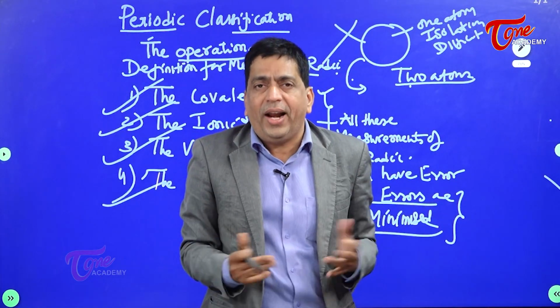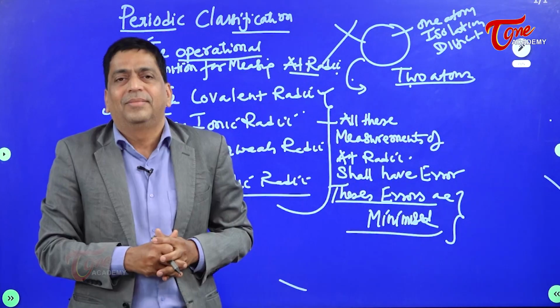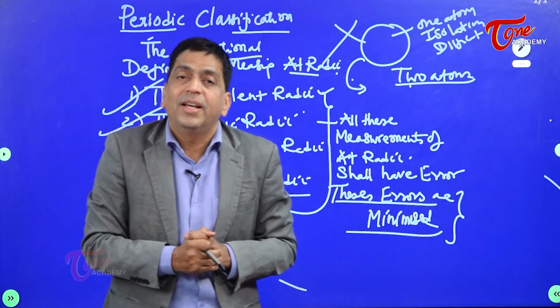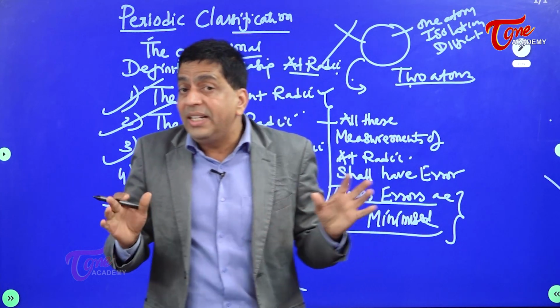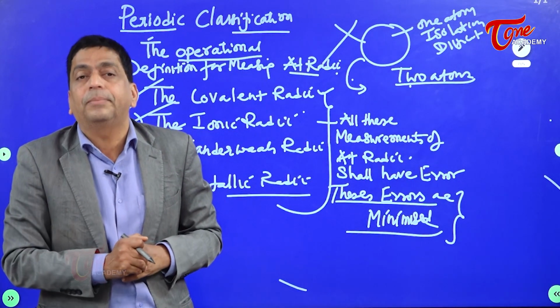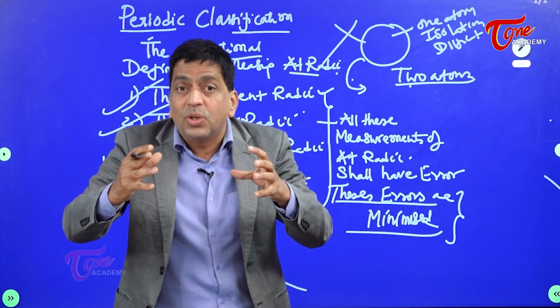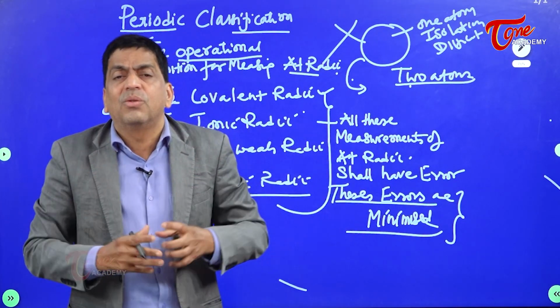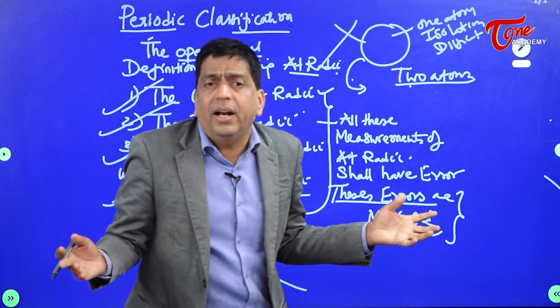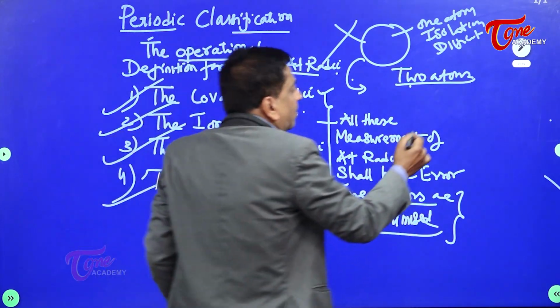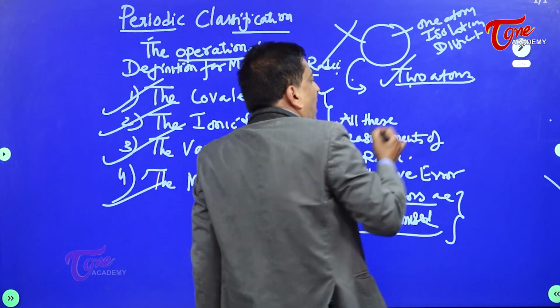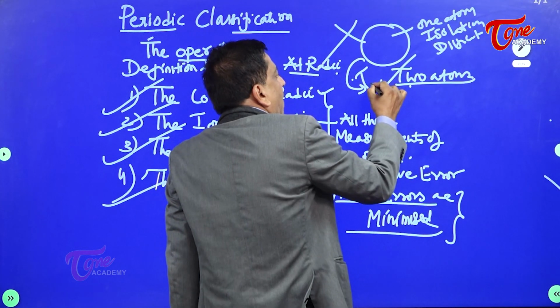So isolation of one atom is not possible. Then take two atoms. Error is induced. We have to live with error, but the only thing left is we have to minimize the error. Instead of taking one atom, if you have taken two atoms, then error is induced. How do you minimize an error? Now the issue is, when you take two atoms,